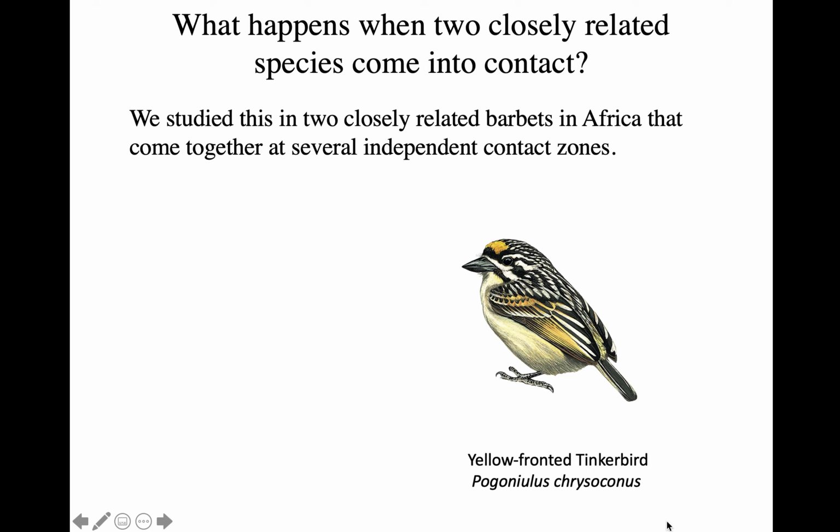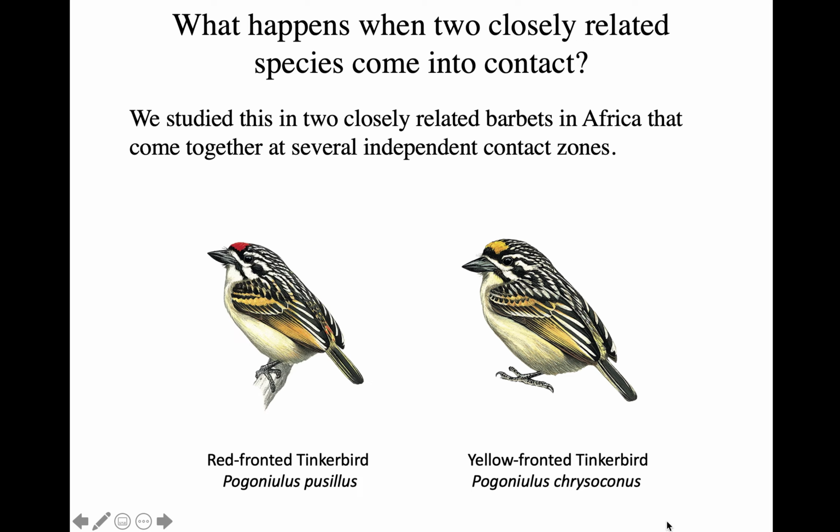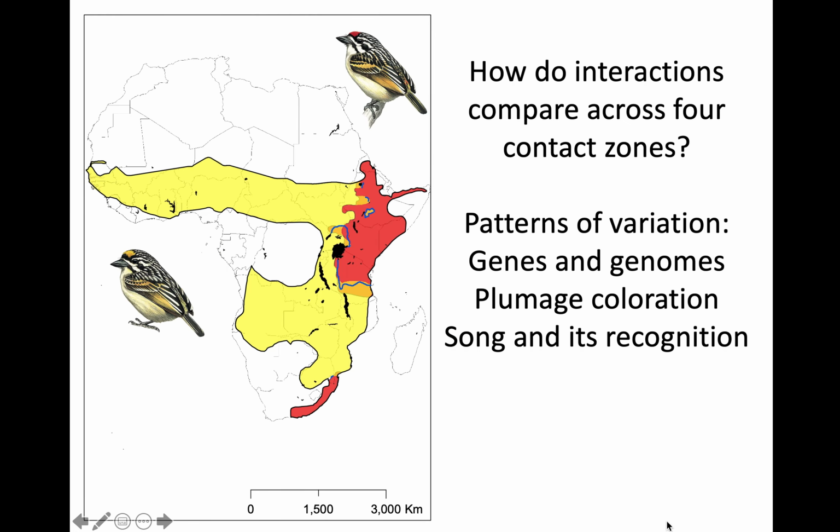Our study species are the yellow-fronted tinkerbird, Pogoniulus chrysoconus, and the red-fronted tinkerbird, Pogoniulus pusillus, and these two species meet in a number of contact zones in mostly the eastern part of Africa. What we're showing here are the distributions of the two species: the more widespread yellow-fronted tinkerbird in yellow, the red-fronted tinkerbird with a disjunct distribution shown in red, and the blue lines represent approximate locations of the contact zones where these two species come together, going from south to north in southern Africa, in Tanzania south of Lake Victoria, in Kenya and Uganda north of Lake Victoria, and then further north in